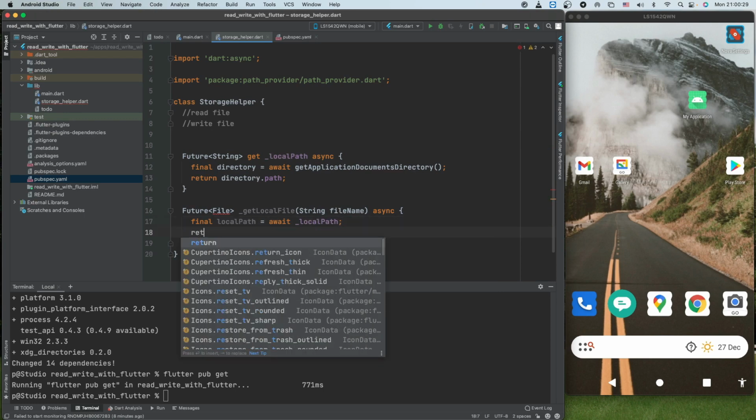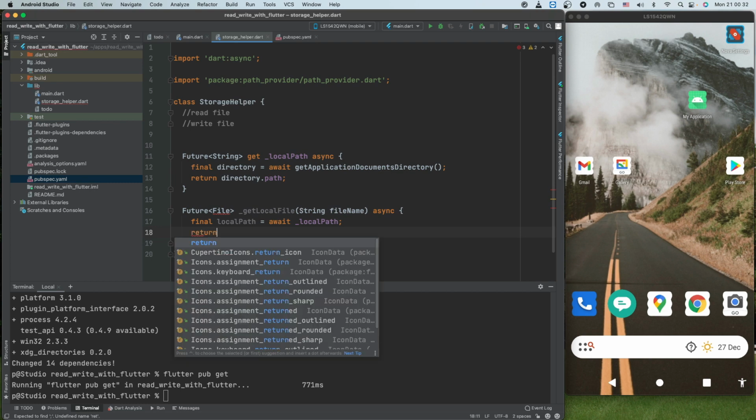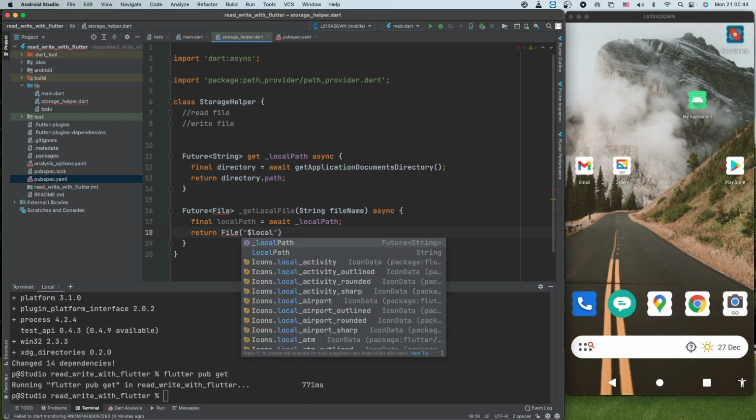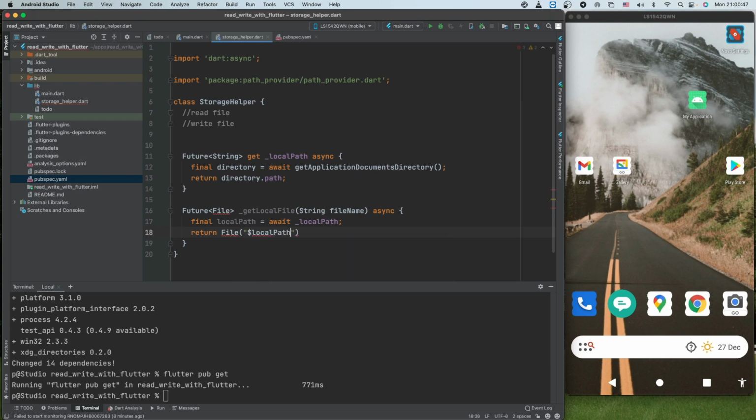And now what we can return is a File with $localPath, and then we can append the file name to it, and this should solve our purpose. We have to import dart:io to support this file mechanism. Now we got the file object.